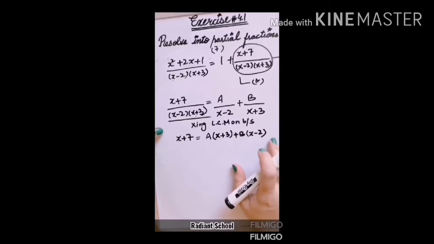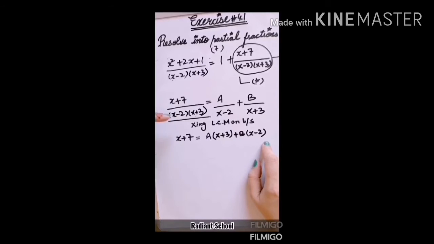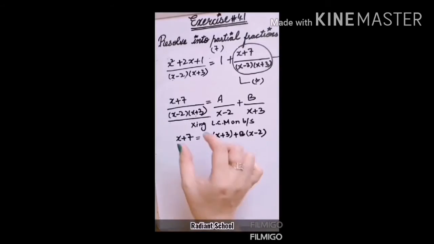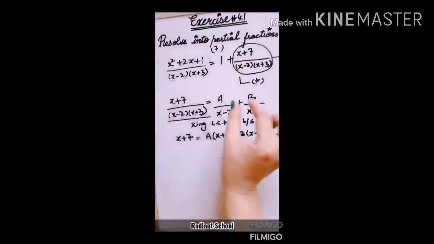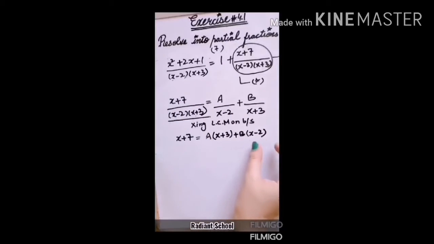Okay students, now I have done this step directly here. If you are unable to understand this step, you can solve it briefly as I have solved in question number 1. I have solved it both ways: you can solve with all the steps that I have solved in question number 1, or you can solve directly as I have solved in this question. So both the methods I have described. The method that you feel is easy, you can adopt. After multiplying the LCM with all the terms, directly you have to write the answer. The remaining terms you have to write.